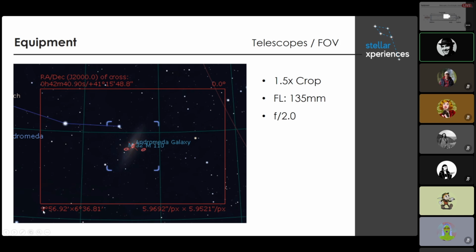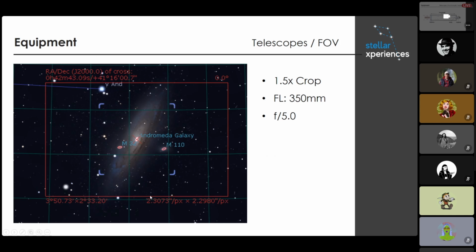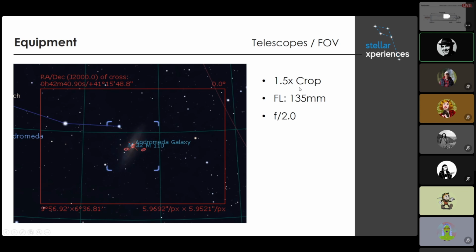So you can see almost 10 degrees, this long side of the rectangle. So it was almost 3, 4. So the Andromeda galaxy was just fitting inside the field of view. And when we have a faster lens with F2, it has wider field of view. So knowing that,